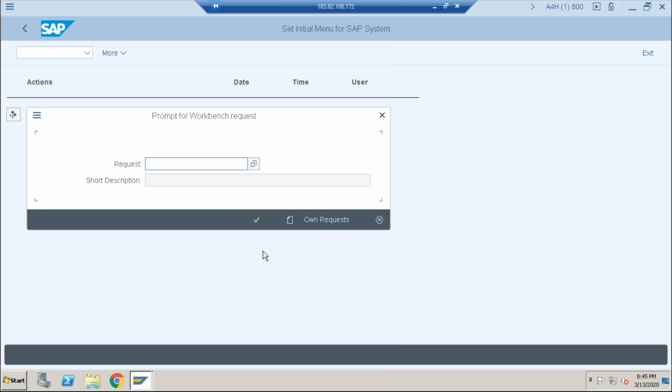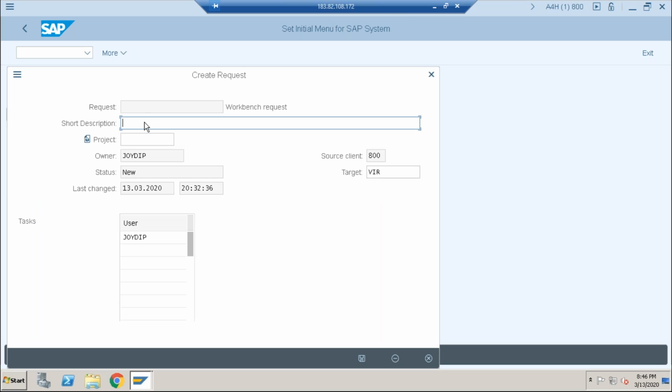Now this is effective everywhere, not only for one guy. So the entire SAP, everyone who is logged in, is affected. This is cross-client data. Yeah, cross-client data, workbench. That's why workbench is there. If you do any changes to this standard menu, everyone is affected. Okay, click on create. Start description: changing the standard menu.